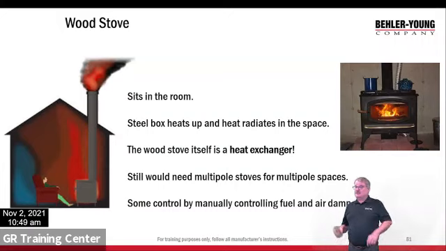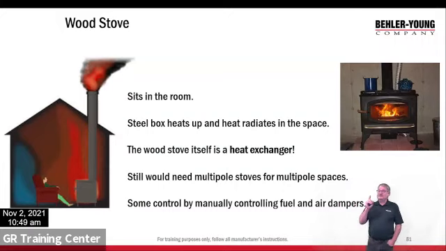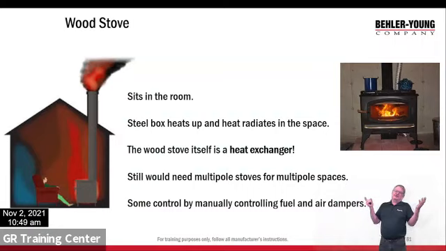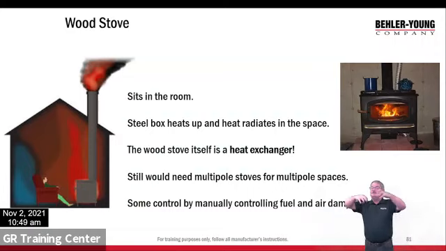That is the first heat exchanger. All right. What is it? What am I talking about? Well, I've got fire contained on the inside. All the smoke's contained. It goes up the vent pipe. We're transferring the heat through the steel to the surrounding space. So now I can put it in the middle of the room like that gentleman over there sitting in front of it, and we're heating the whole room. I can put multiple stoves in different rooms. And now I have a little bit better space control, but I still need a stove in